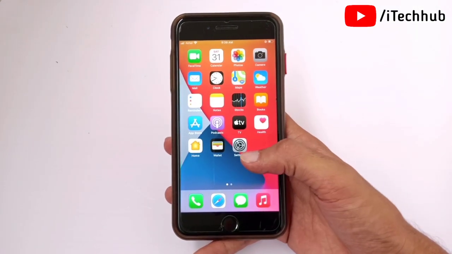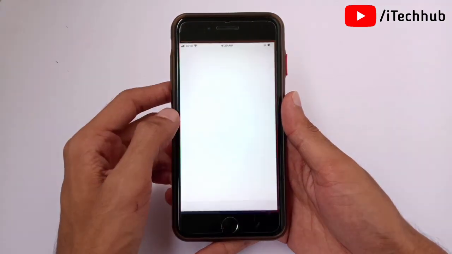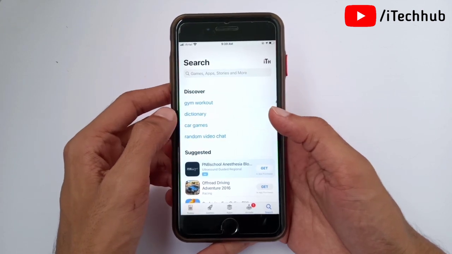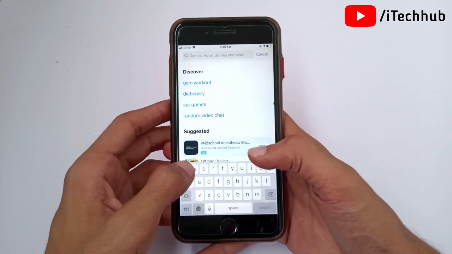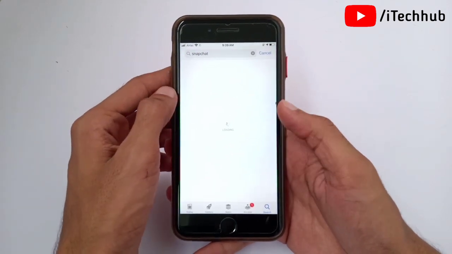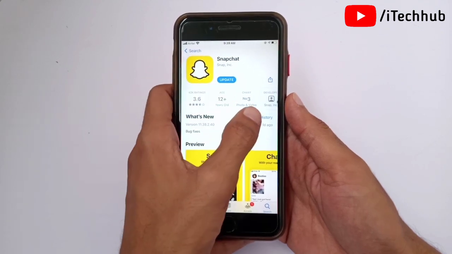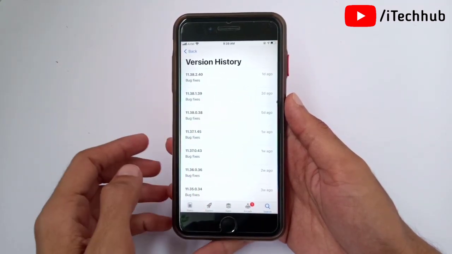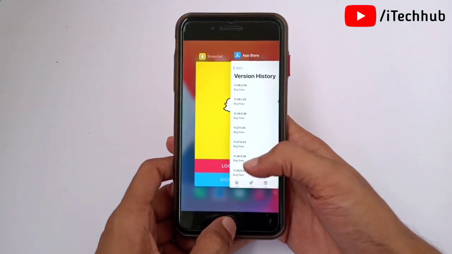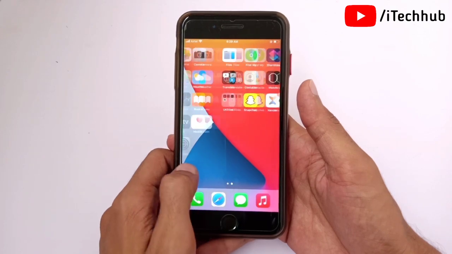So guys, now first of all, connect your iPhone and iPad to a strong Wi-Fi. Now open the App Store. In the App Store you can see the search bar in the top corner. In the search bar, search for the Snapchat application. After you search Snapchat, you can see this type of interface on your iPhone and iPad. Now wait a while and it will automatically get the Snapchat app update. Now you can see the version history automatically shows the bug fixes update available. So guys, simply download and install it on your iPhone and iPad, and it is easy to fix your problems.